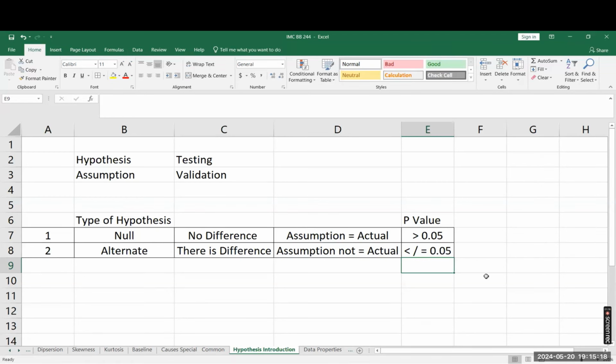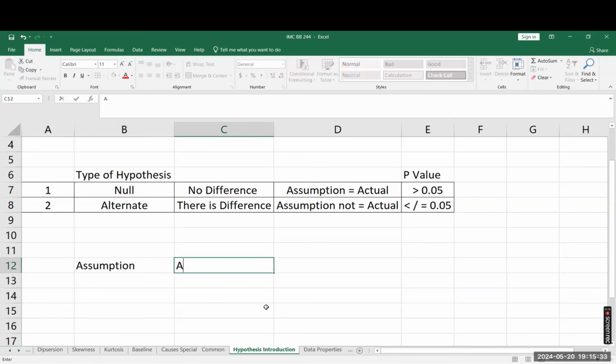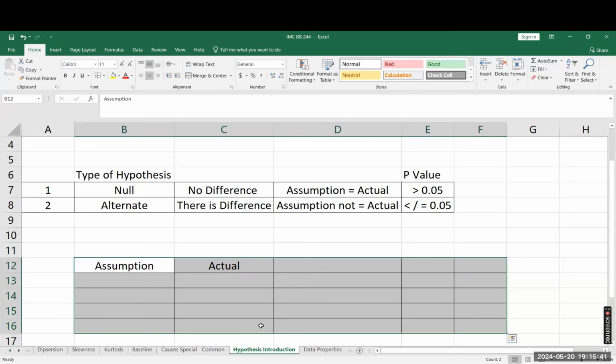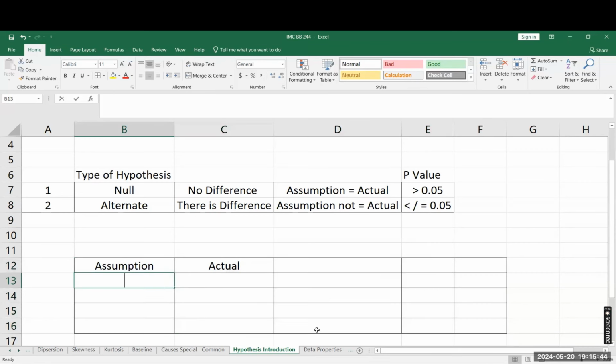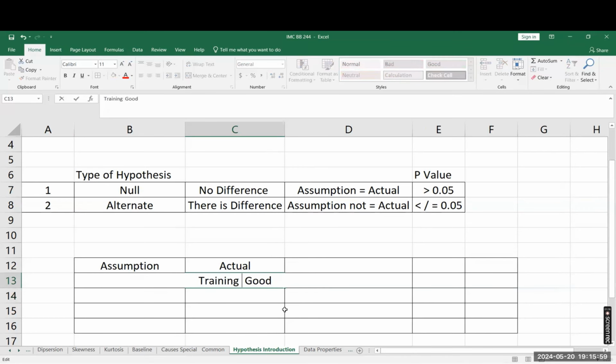Let's take an example. Let's say you all people join this training. So what was your assumption before you joined this training? And now you have 5 days of data, so you understand how the training is actually going on. Correct? Probably I say on behalf of you, your assumption was that the training will be good. This was your assumption. Actually, in case you feel that the training is good.